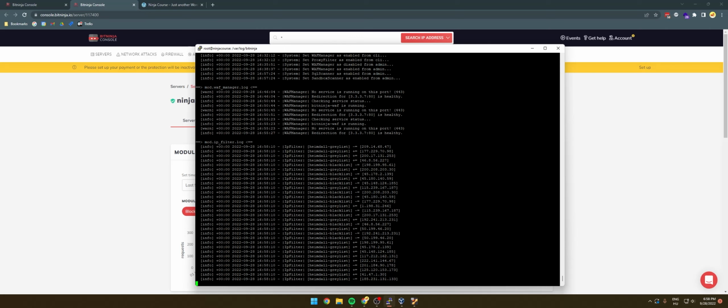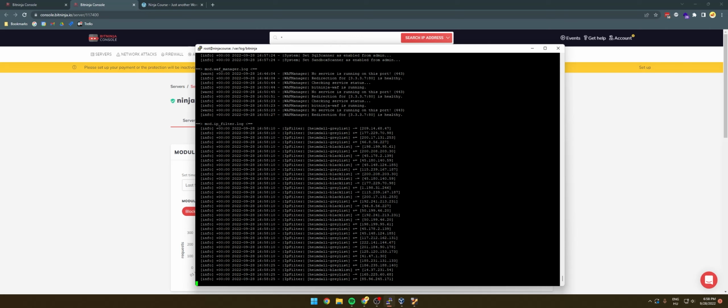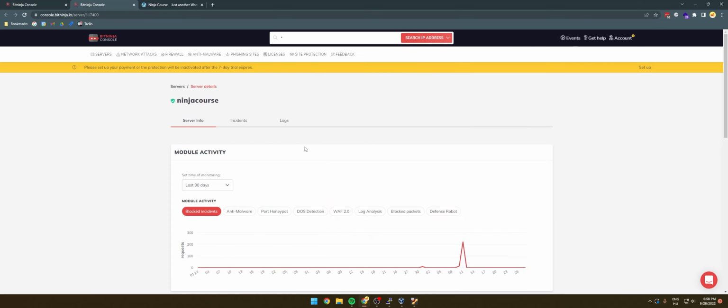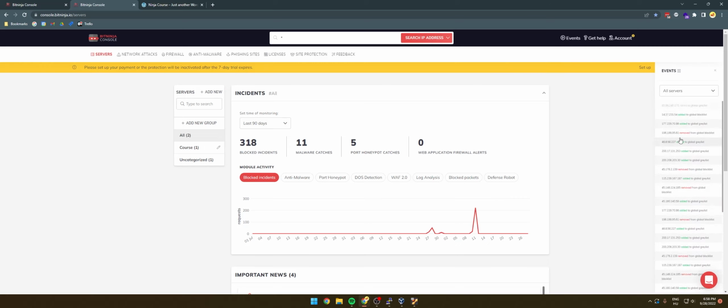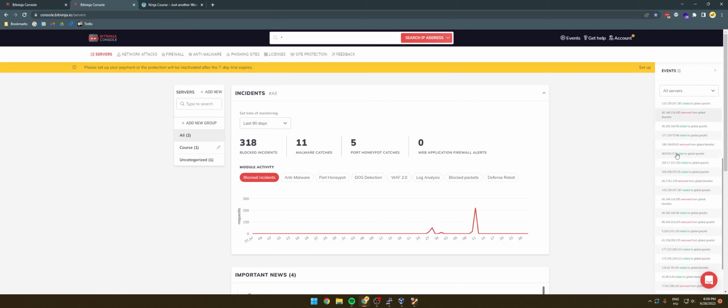So this way you can log this stuff on the machine itself, and this should come in handy if you prefer to see some logs on the machine itself, or just like to have it open and look at it sometimes. But in any other way, you can either check this or the at a glance panel, or you can also click, which is a power tool, the events tab. If you click on the top right and click on the events, it will open this little tab for you,